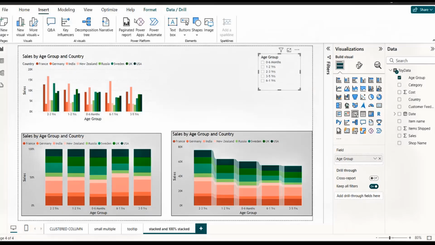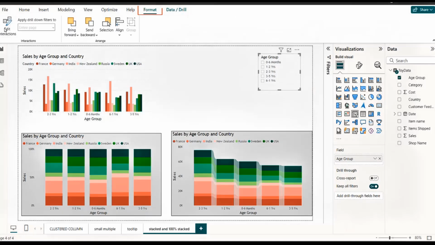So I select this. I go to the format option, edit interaction. The moment you click on that, you see edit interaction is colored, right? It's highlighted. You can see that even if you hover here. And one more thing, if you have noticed, these options are activated for these graphs, three graphs actually. What is it? Filter, none. Filter, none. Filter, none. Now, all are available here. Wherever you want to click none, whichever visual you want, it should not be affected. It should not